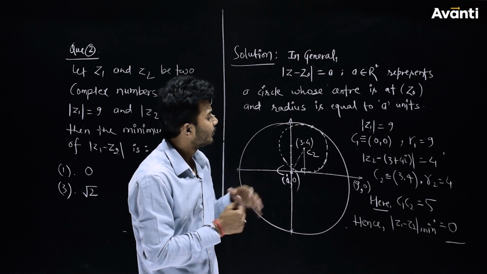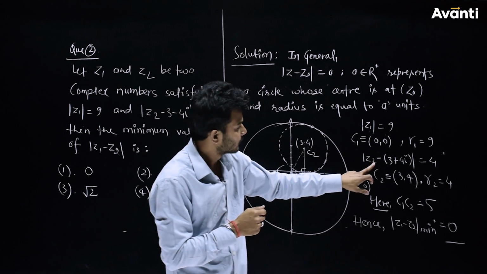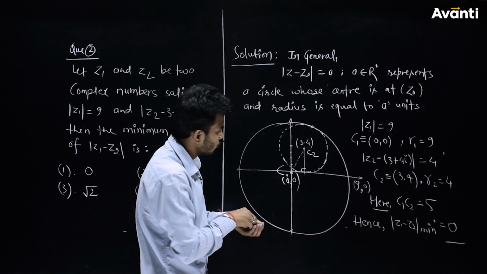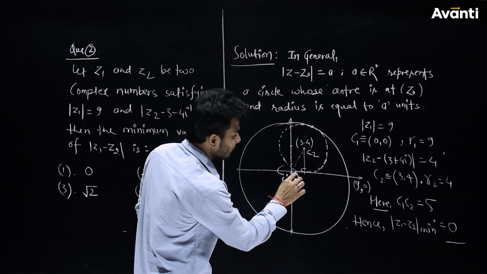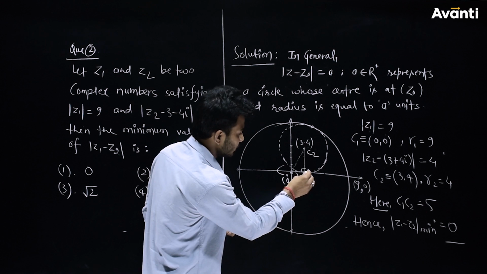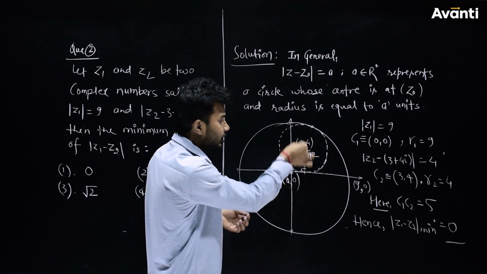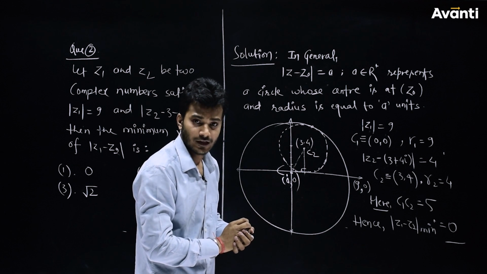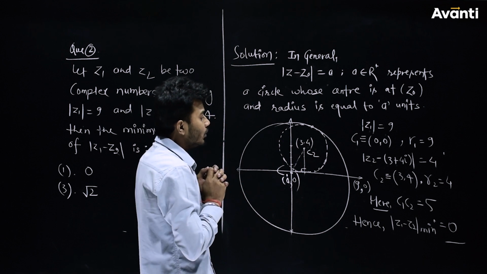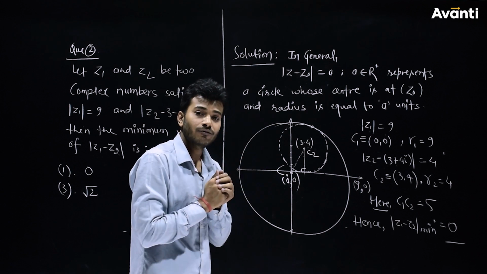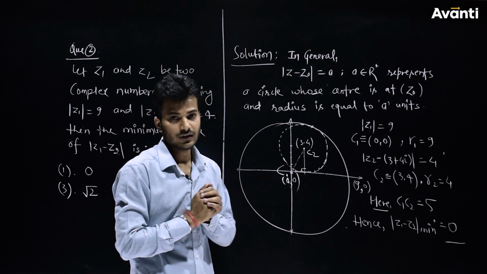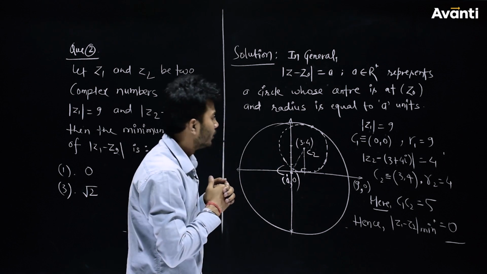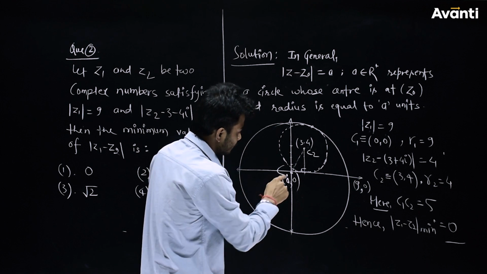All right, and coming to the second, which is Z2, what is the center? We have (3, 4). If I denote 1, 2 and 3 units here and 4 units in the vertical direction, we will get (3, 4) in the first quadrant. Now we have to find out exactly what the situation is between these two circles represented by Z1 and Z2. So let's come with me. This is C1 and C2.